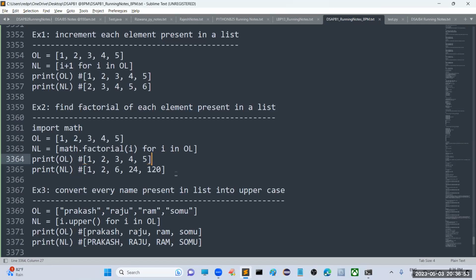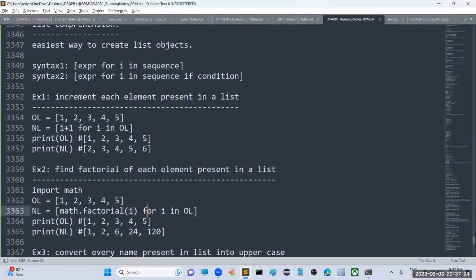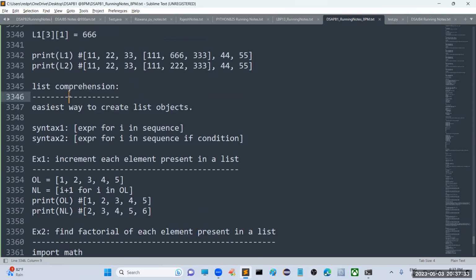In list comprehension, we can't use a while loop, right? Because it should iterate. It should be iterable. That's why. How can you use a while loop? It is a single line statement, single line syntax. A while loop means you have to take initialization, condition, updation. Three statements will come, 3 lines. Here you can't use that. You should not bring that concept here, because list comprehension means